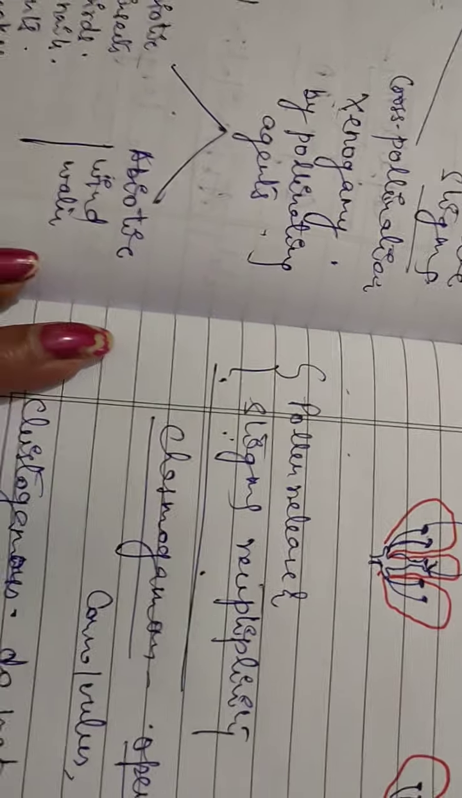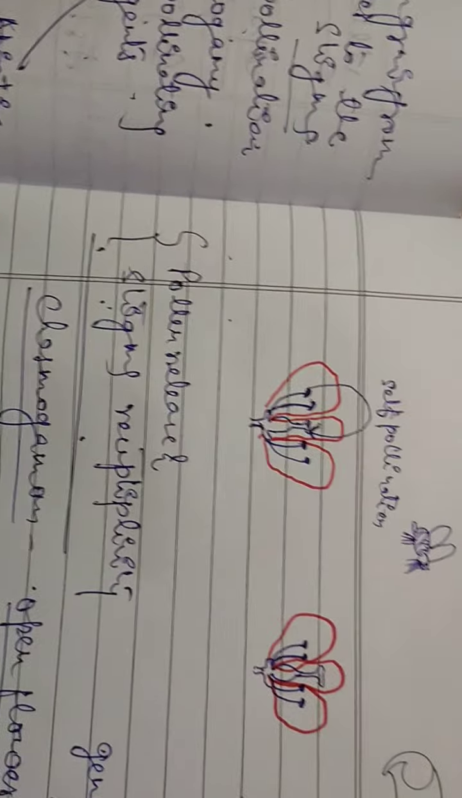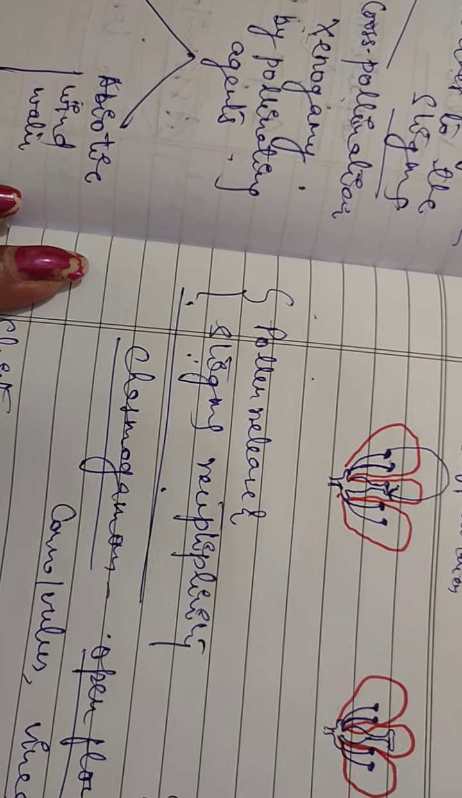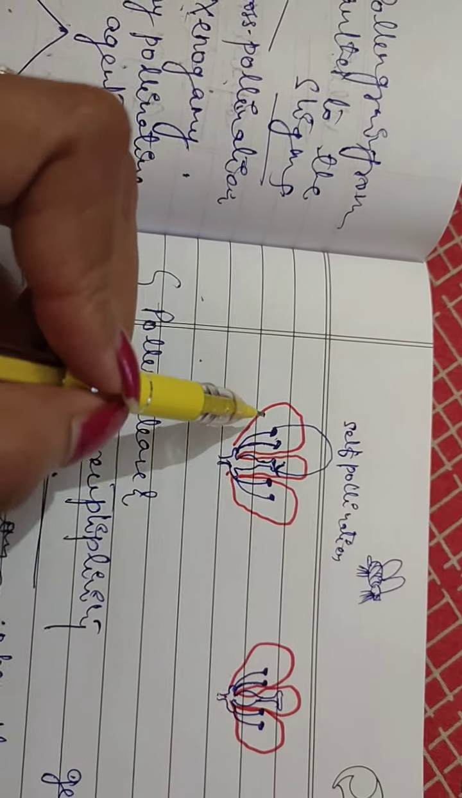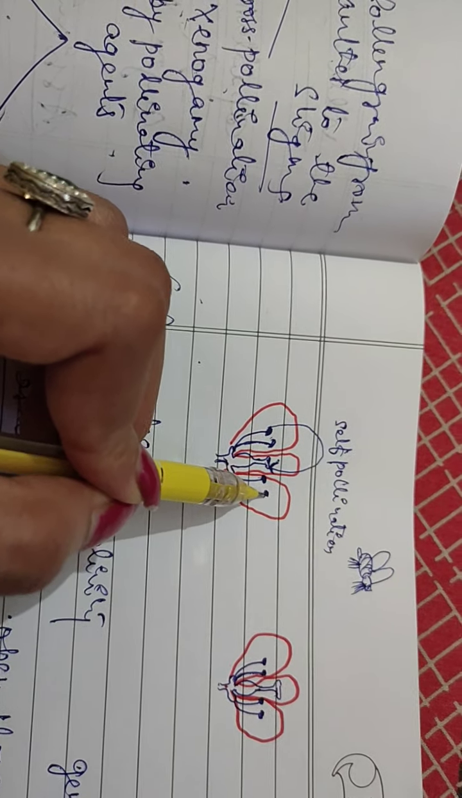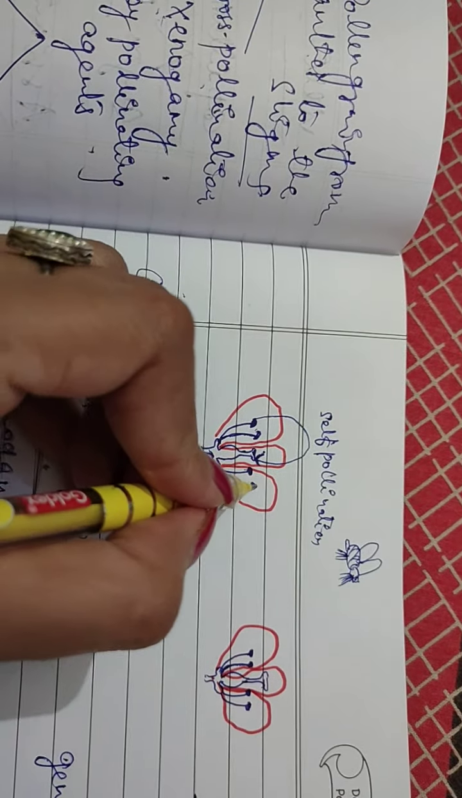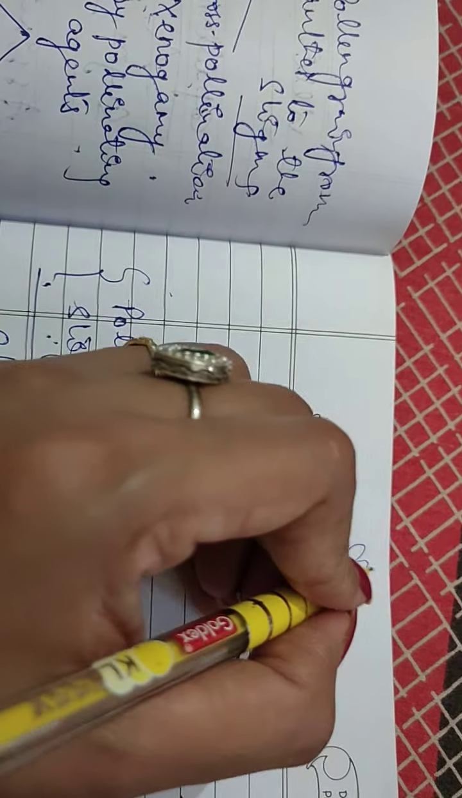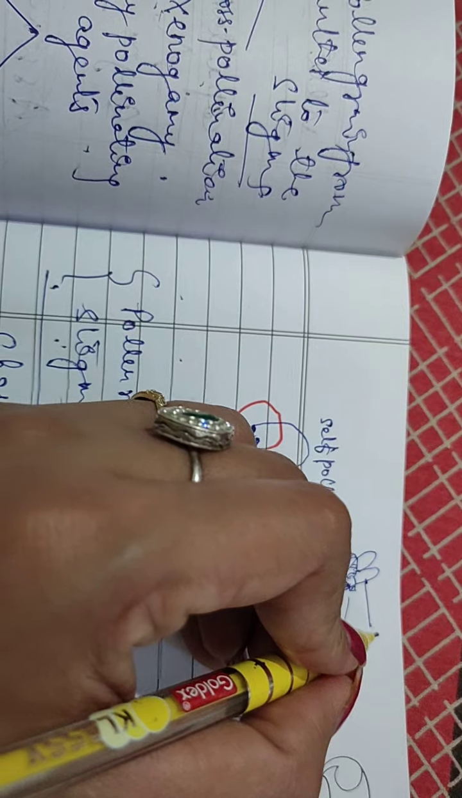Next is xenogamy, also known as cross pollination. It is the transfer of pollen from the anther of one flower to the stigma of another flower, and this is by insects, bees,